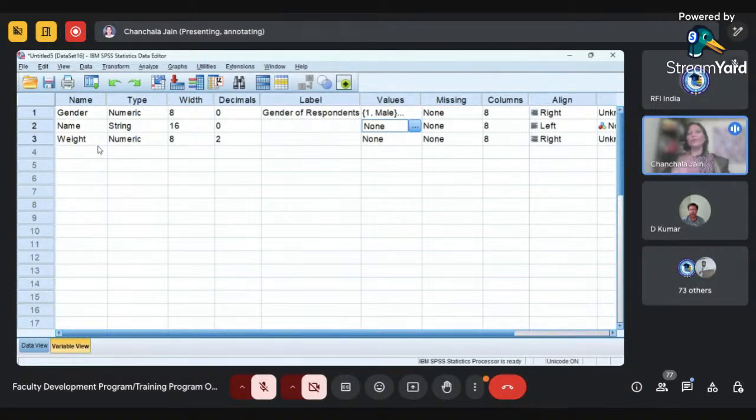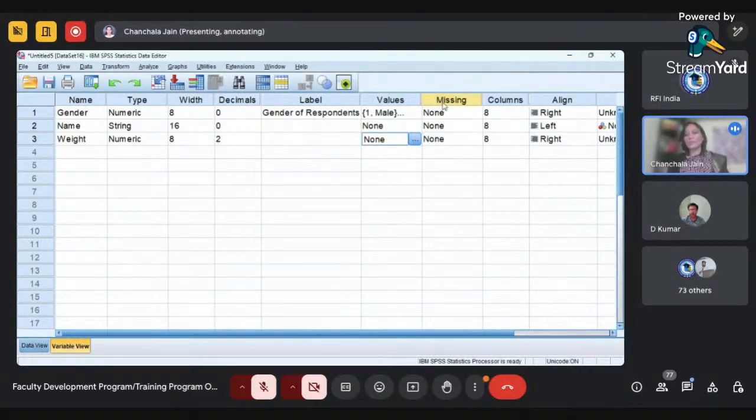For weight, if you are asking the weight directly, again there is no meaning. But if you are asking the weight in a range, such as 35 to 50, and then 51 to 65, then there is a meaning, and you can define those ranges that way.